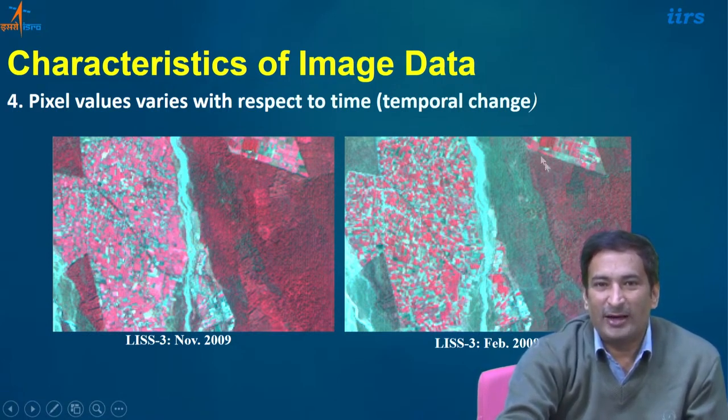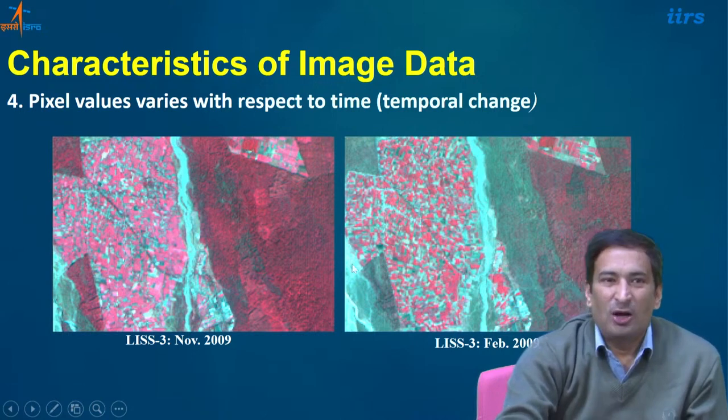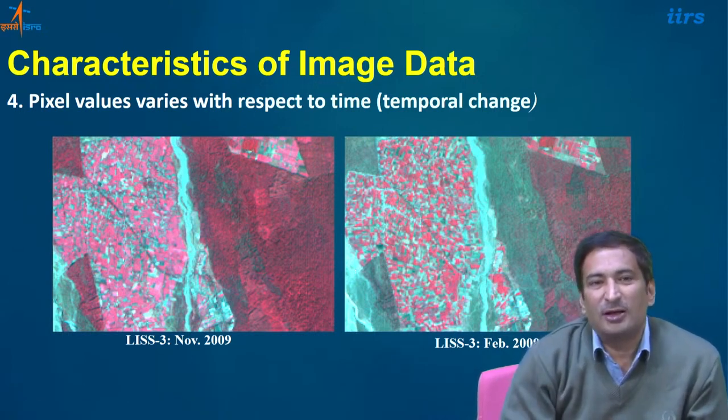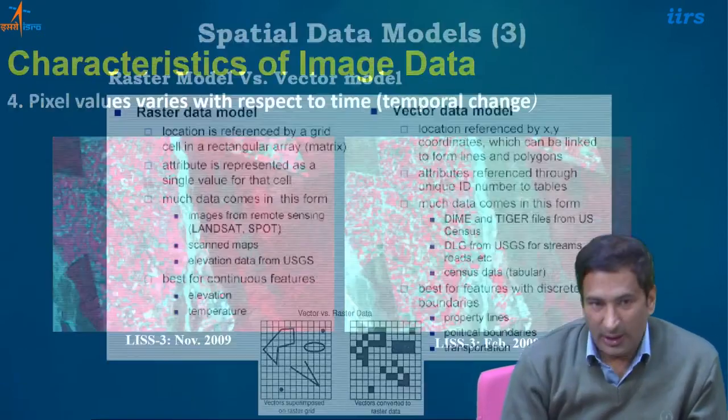So I am not getting any reflectance from the leaves. It is again a bare soil kind of thing that is coming over here. So this also plays a very important role in your geoprocessing. Try to explore it. What is the date of pass of that image? That also you try to explore.